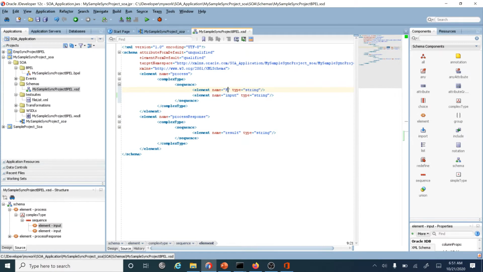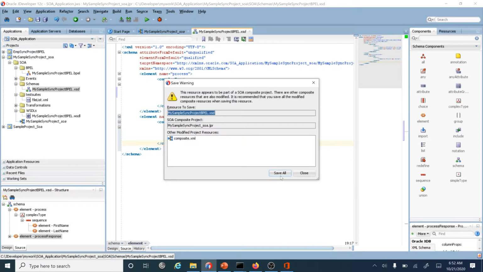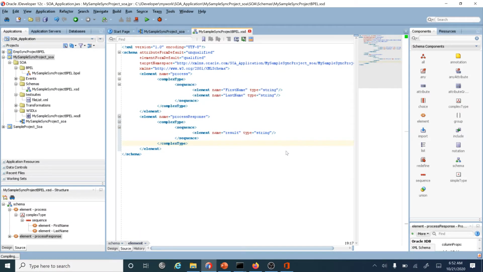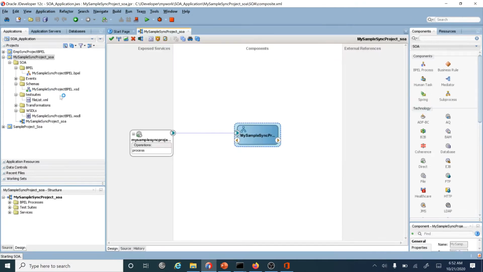I will give first name, last name. So here we have two elements, first name and last name. Whenever I call this service, I will pass two parameters, the first name and the last name, and this is where we will get the result. Then save it, Save All, close this. Now our schema is ready.